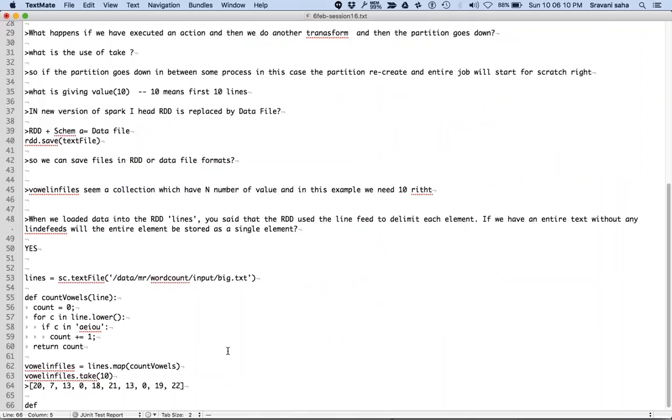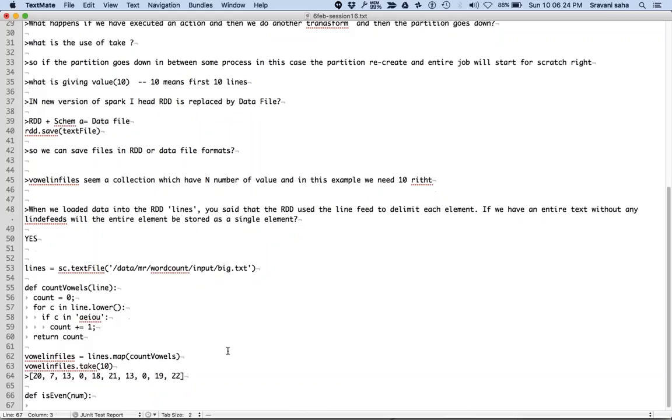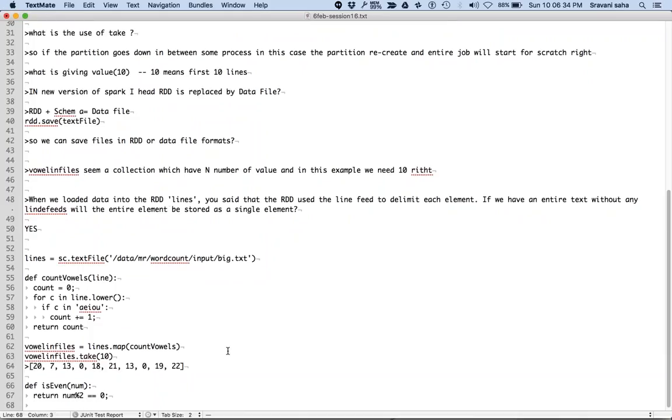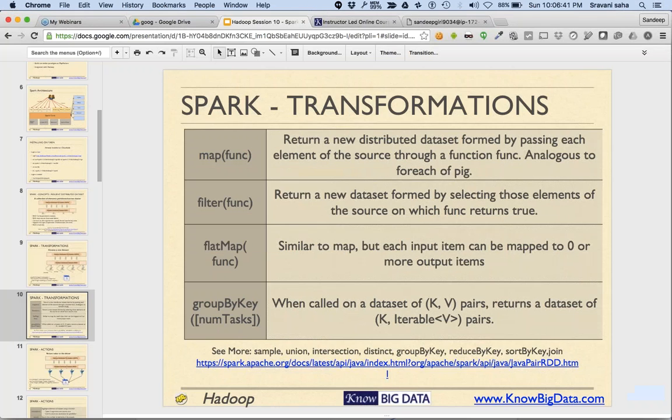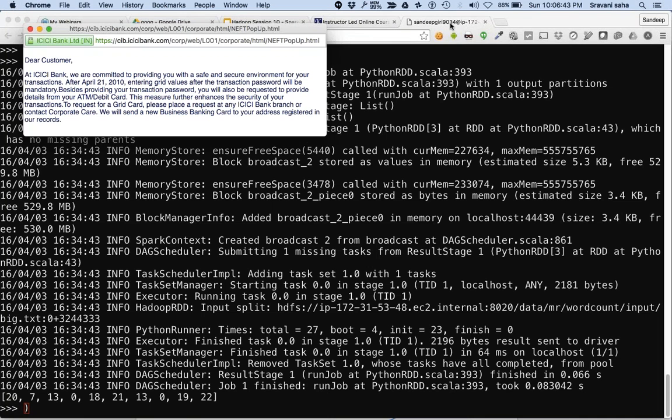So all I do is write a function called is even. Whatever number you pass to it, it returns number percentage 2 equals 0. Any number divisible by 2 is calculated like that.